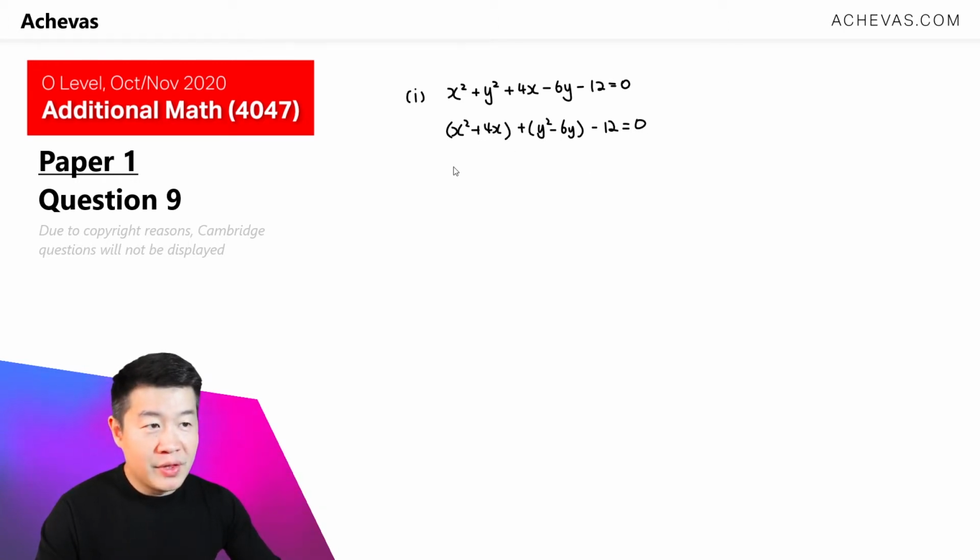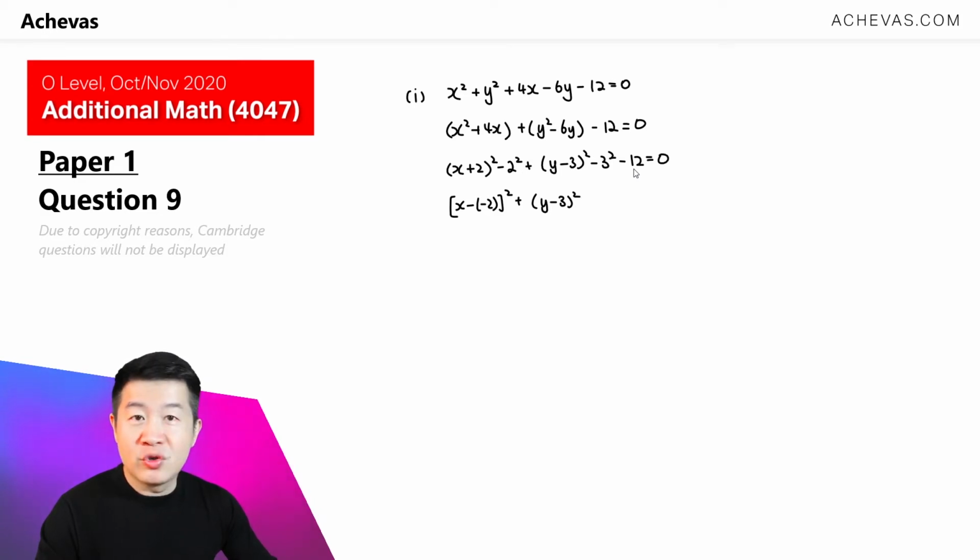We'll complete the square for this. So x plus 2 squared minus 2 squared. Completing the square for this, y minus 3 squared minus 3 squared minus 12, this is equal to 0. Re-expressing this as x minus minus 2, we have x minus minus 2 squared. Then this, I'll leave it as it is, y minus 3 squared minus 2 squared minus 3 squared minus 12